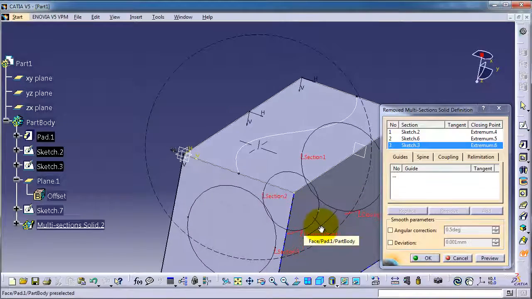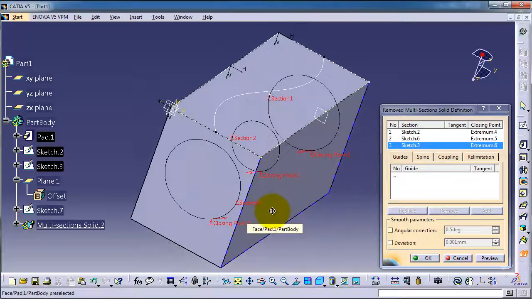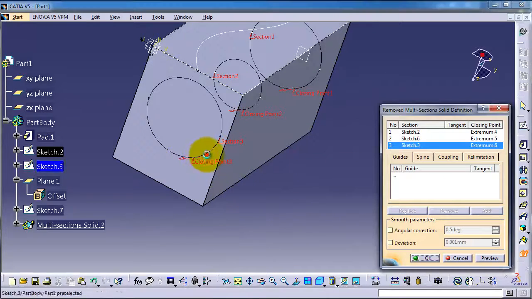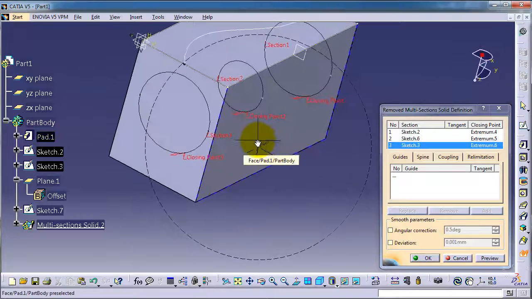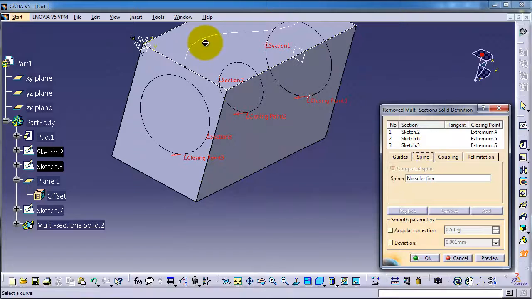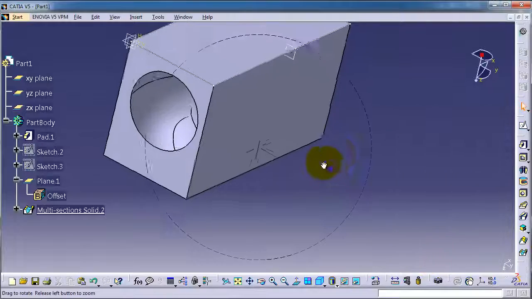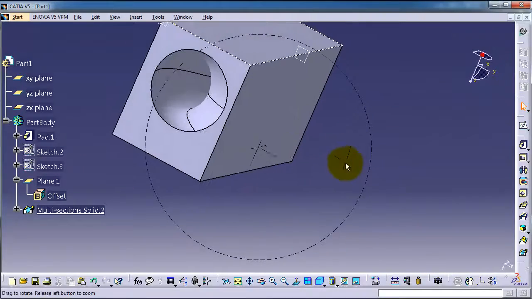So we have to look at whether the directions of the points are matching. So we have here can reverse direction, and for the guides a spline we can choose this spline. Preview. Okay, so now we created this